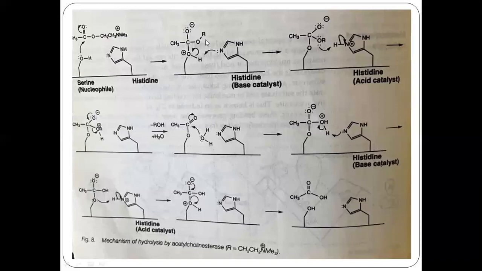Now you can say that the whole thing, that CH2 N plus Me3, this ammonium group with alkyl substrate, is represented here with R. This whole group is represented here with R. Don't get confused, both are the same. Now the binding interactions are made stronger when histidine comes into play.